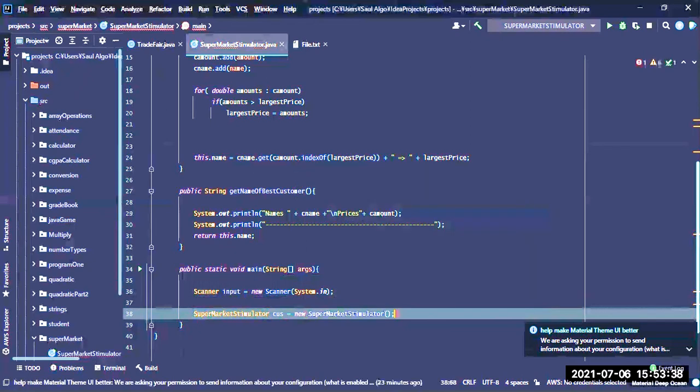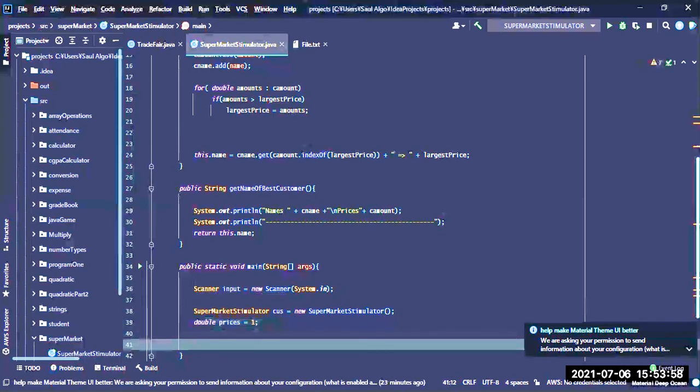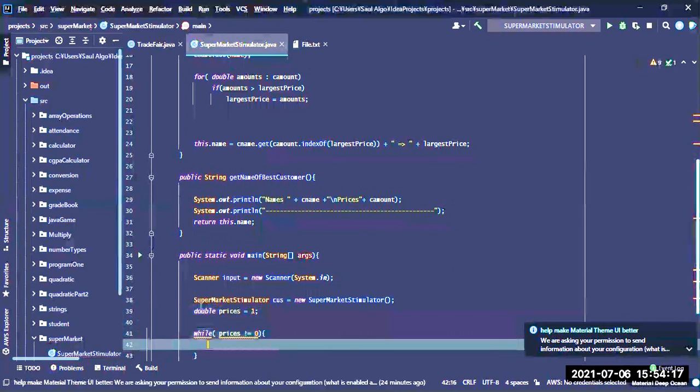Okay, so that's done. And then I will need to create a variable of amount or price. We call it prices. I will initialize it to 1, because with this now we can reset that initial value anytime we want. So we are going to use a while loop. So we'll say while prices is not equals to 0. While the prices is not equal to 0,